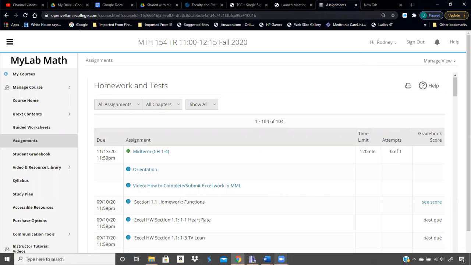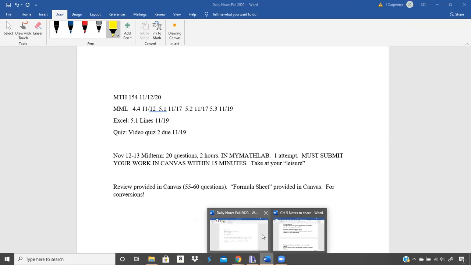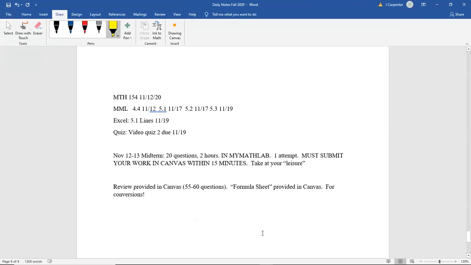Remember that I gave you a very, very short formula sheet up there. All that stuff we talked about several times. I don't want to talk about it a third or fourth time. You know the deal by now. You know that the review is available in Canvas with questions and answers, but nothing in between. You have to use previous notes, homework problems, whatever to kind of fill in the gaps.